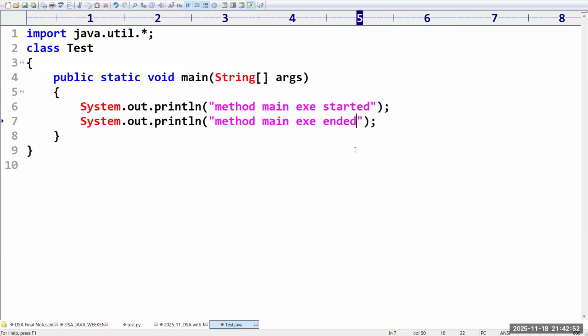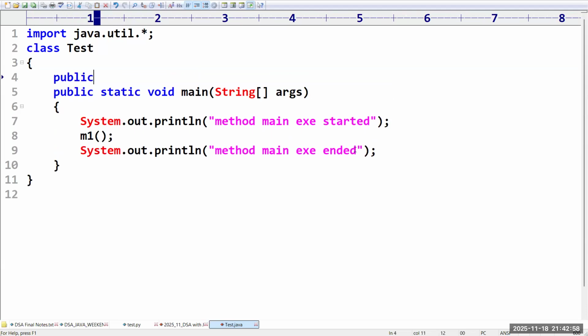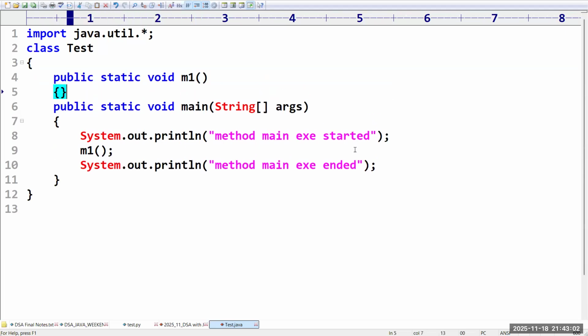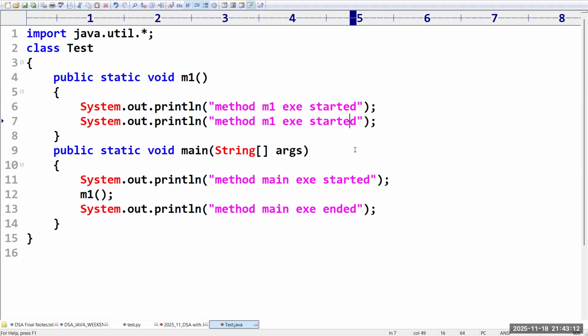Meanwhile, it is calling one method called m1. What is the content of the m1 method? Public void m1, which has the same SOPs: method m1 execution started and method m1 execution ended.